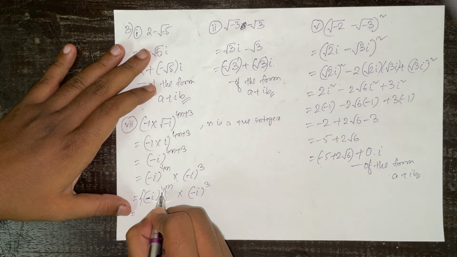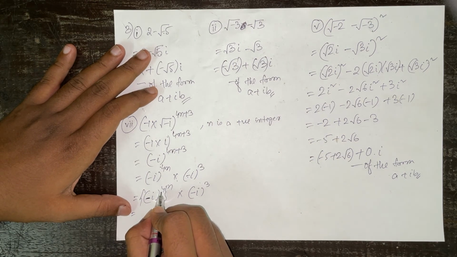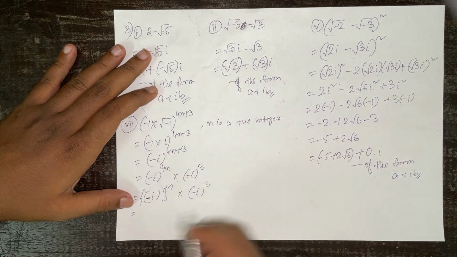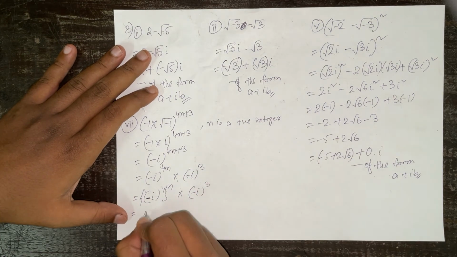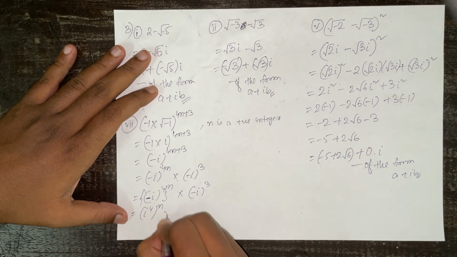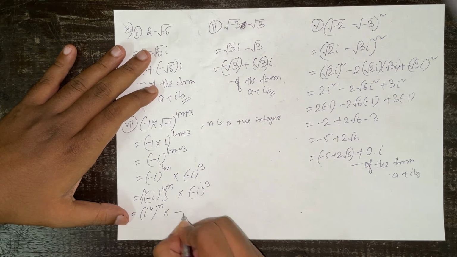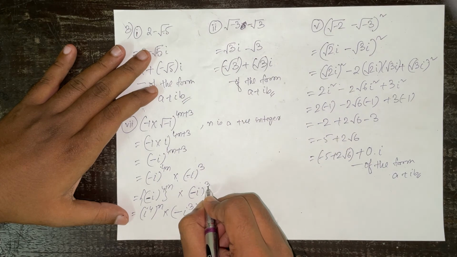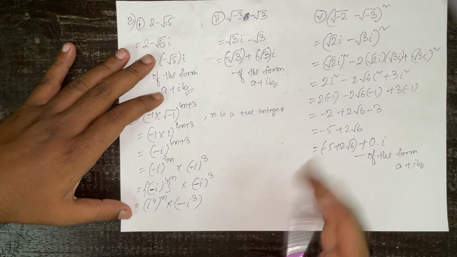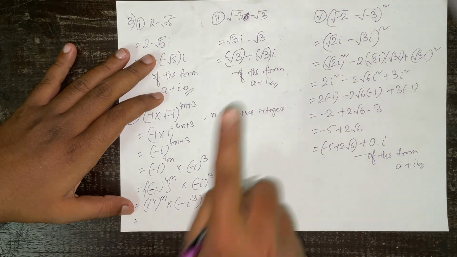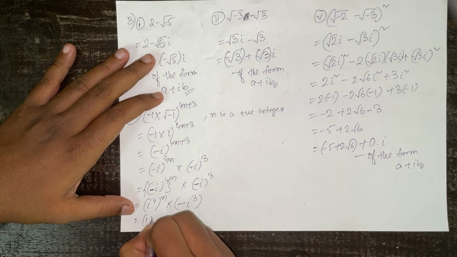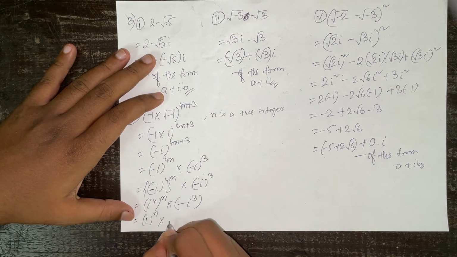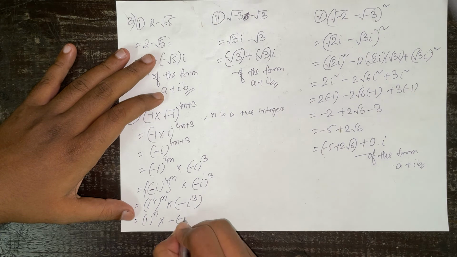Now you see, negative value and the power is 4. So even power, so negative will become positive. And i to the power 4, that means we will write (i to the power 4) whole to the power n into, this will obviously be minus i cube. Negative with odd power is always negative, and i cube. Now let's see. Value of i to the power 4, as we have seen, is 1. 1 to the power n into, my i cube is minus i.